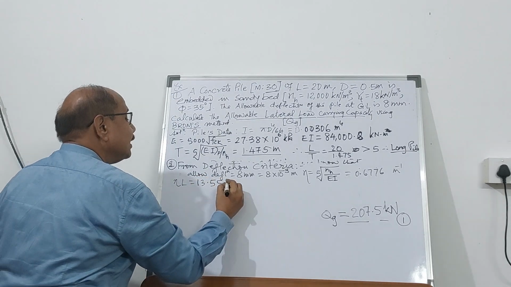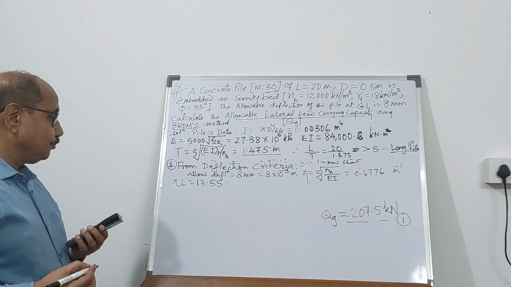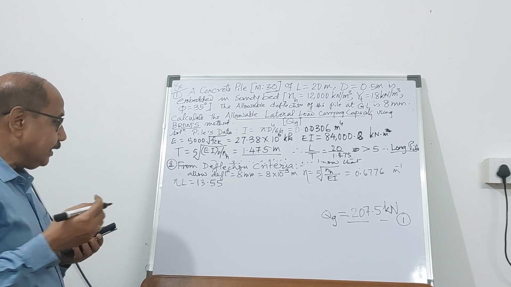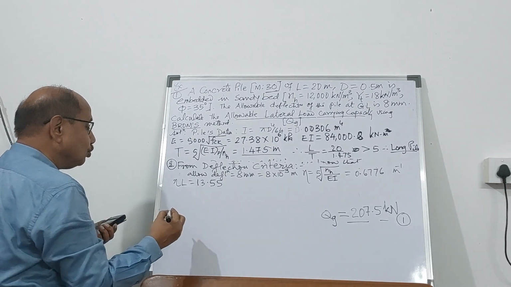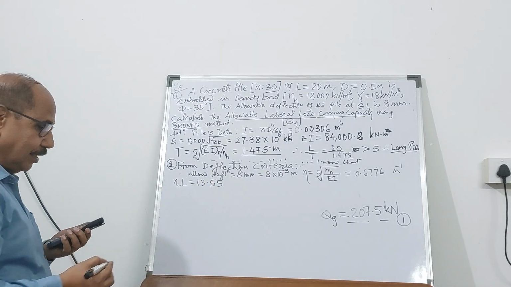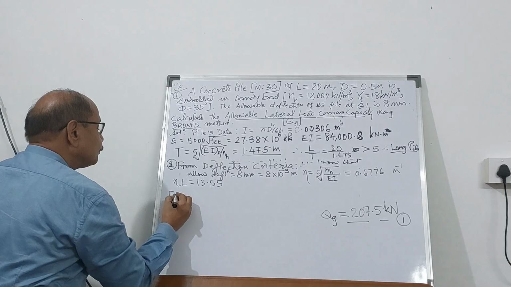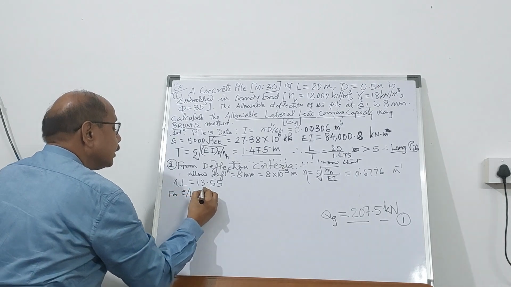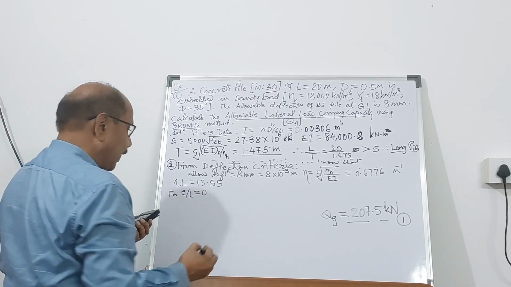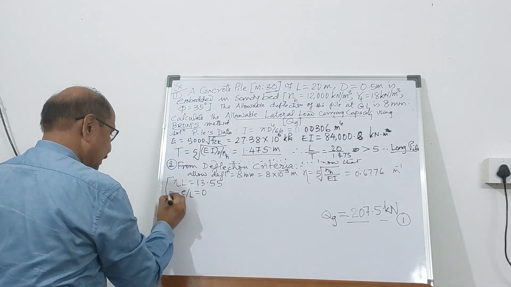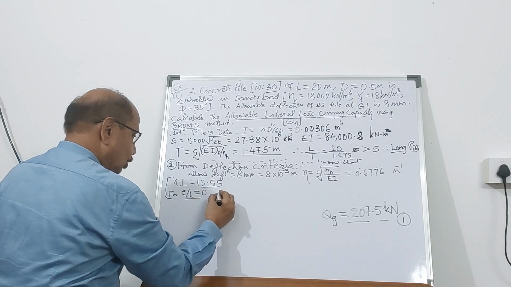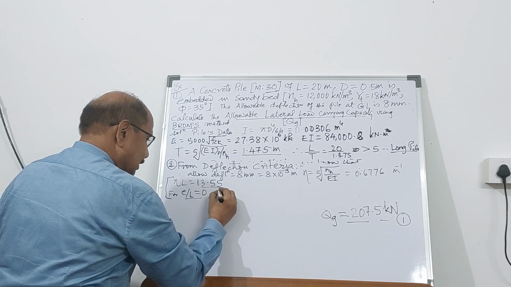So again, this is a dimensionless quantity, eta into L. Now having got this dimensionless quantity, from deflection criteria, you know for eta L equal to 13.55 and for e by L equal to 0 at the ground level,